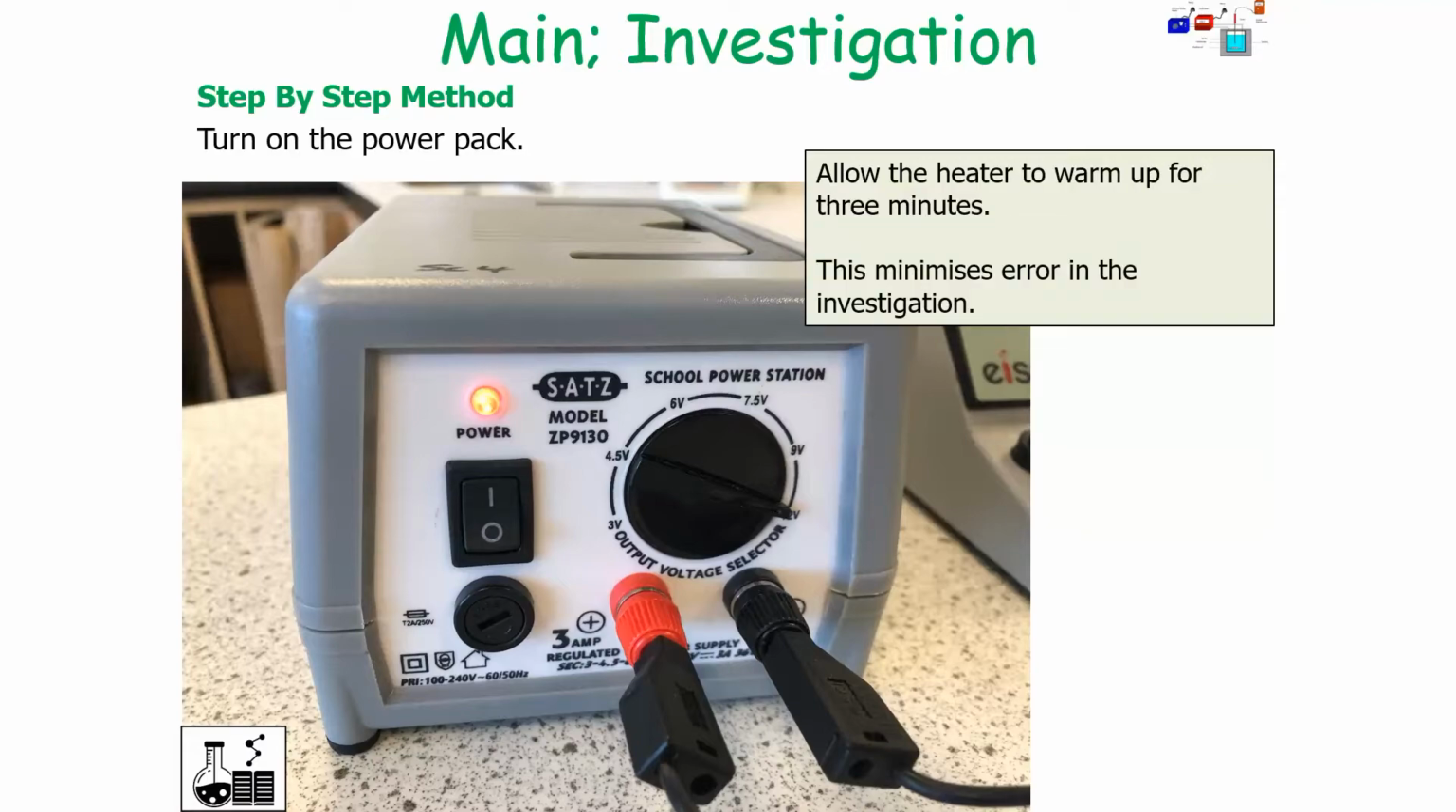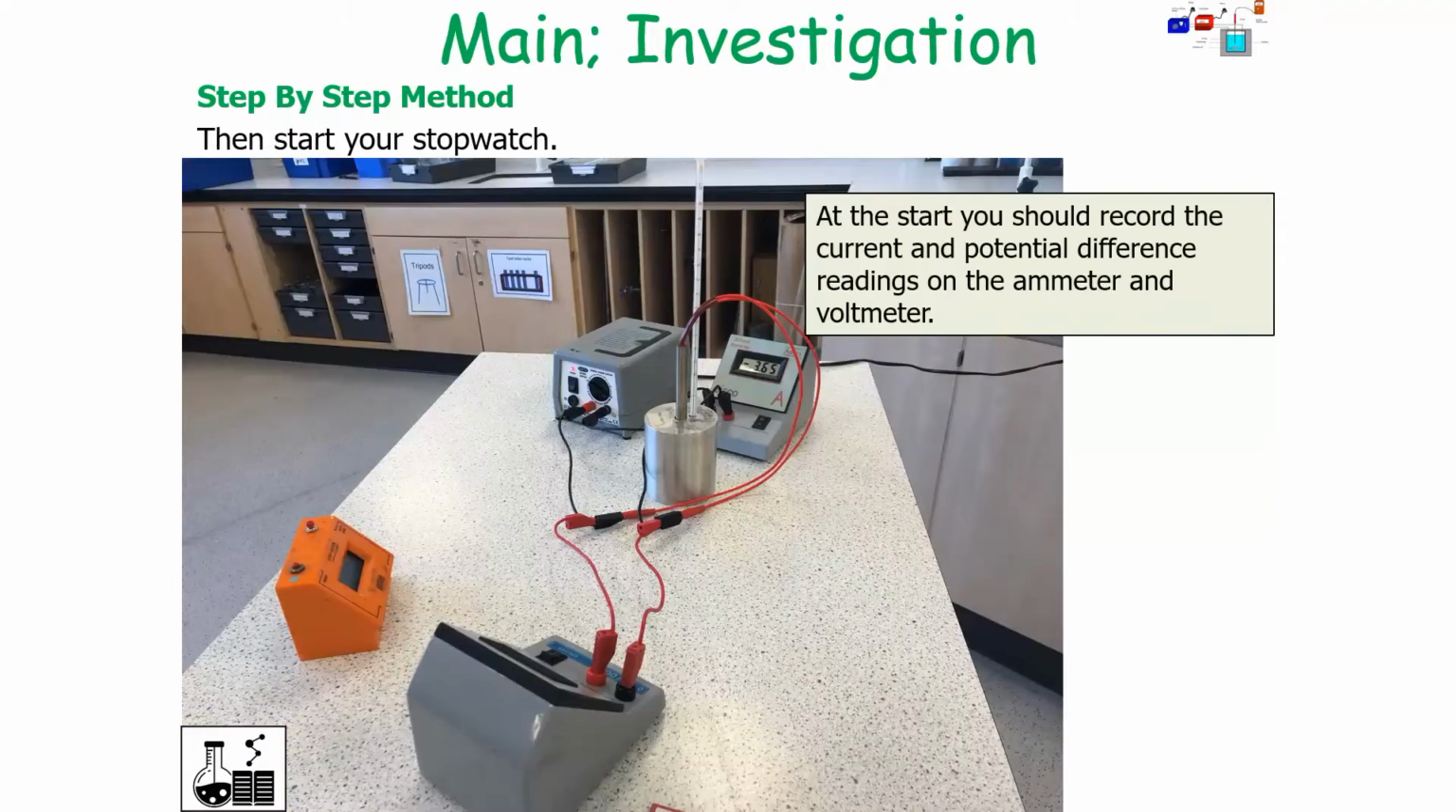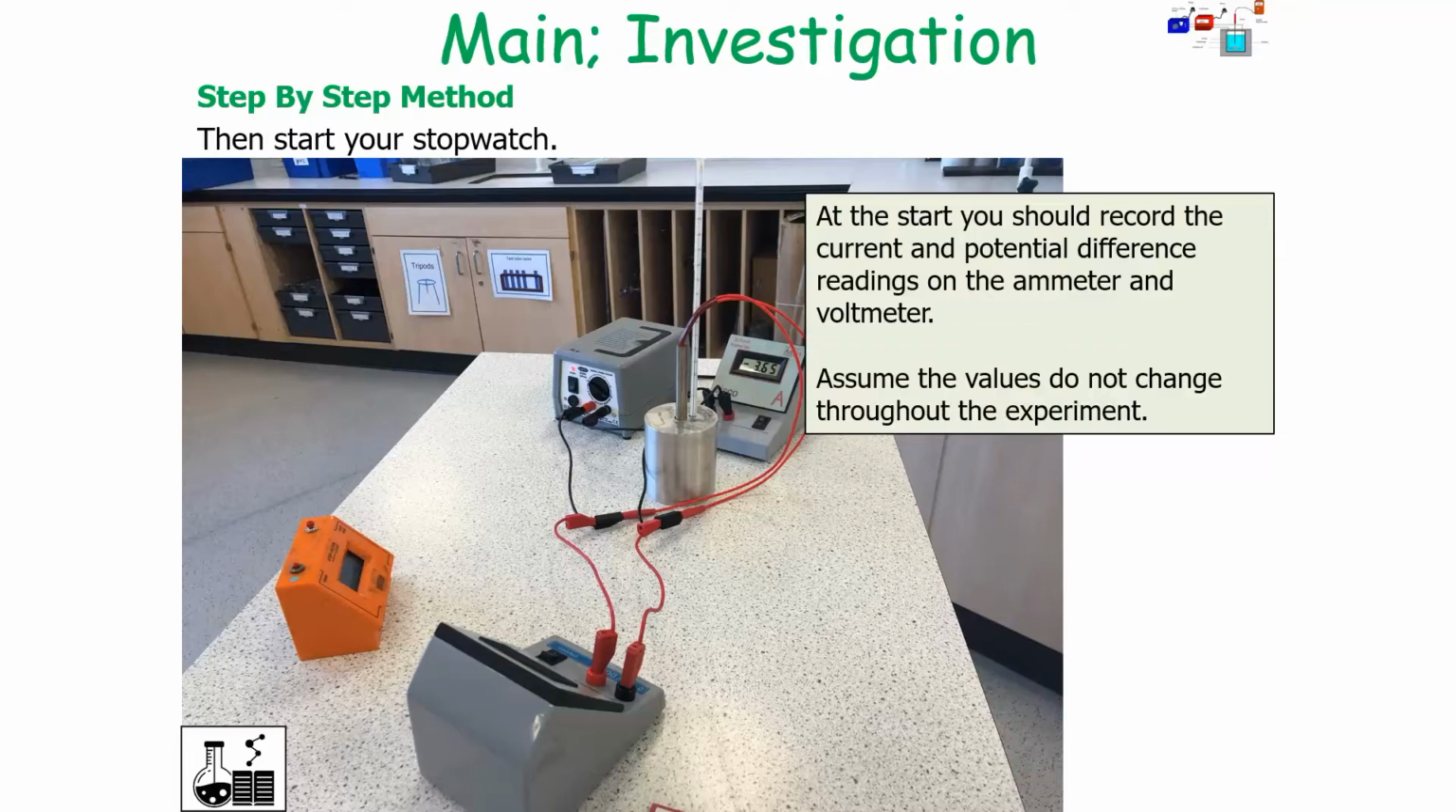This minimizes the error in the investigation where at the start the heater is not as warm as it will be at the end. So you then start your stopwatch after the heater is heated up for 3 minutes. Now at this point you should record the current and potential difference readings on your ammeter and voltmeter, and you're